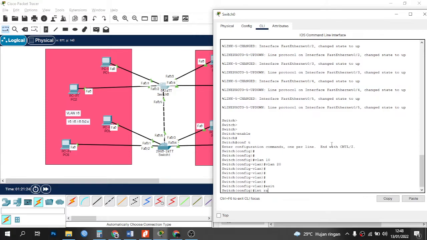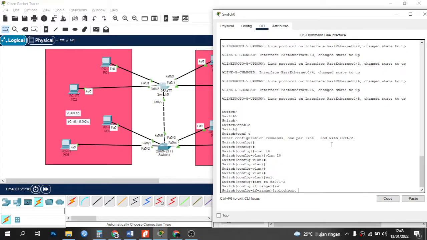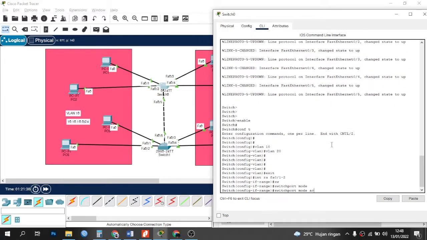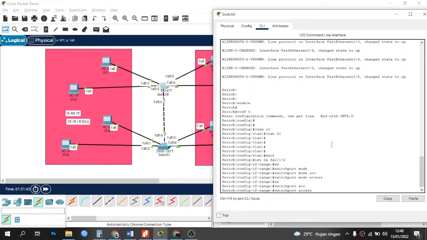Interface range fa 0/1-2, switchport mode access, switchport access vlan 10.